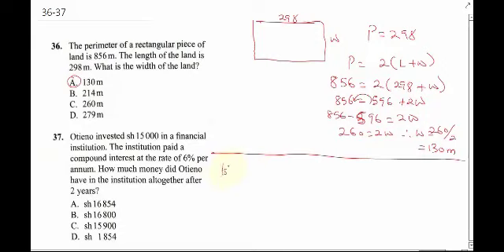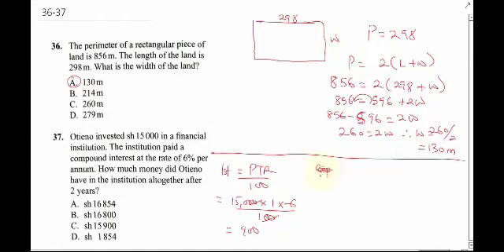Now, for the first year, it's going to be PTR over 100, which will be 15,000 times the time. That's for the first year, times the rate is what? That's 6 all over 100. So double zero cancels double zero. 15 times 6 is going to give us 900. Now, what you need to now know is